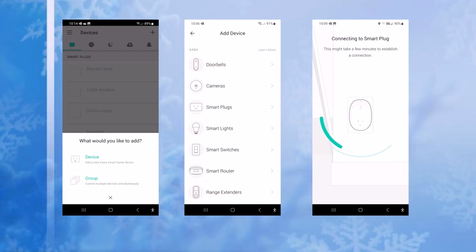Adding a device in the app is very simple. You'll go into the app on your tablet or phone, and you'll click add new device. In this particular case, it's asking you whether you want to add a device or group. You select device. Most of them will have types of devices, so you'll find the type of device that you're looking for. In this particular case, it's a smart plug, so I selected smart plug. And then it'll ask you for the exact type of smart plug, in which case I'm using the minis. And then what it will do is disconnect your phone or tablet from your current Wi-Fi, and